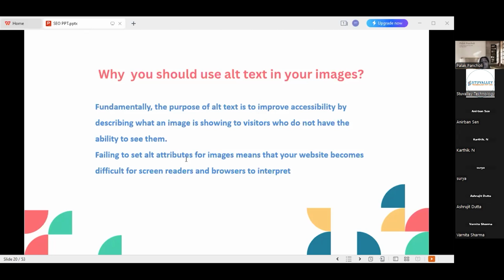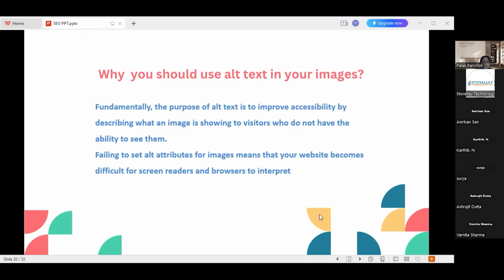Now, while you are writing alternative text for an image, what are the things you should keep in mind? The very first thing is be descriptive but concise. Okay, for example, when you are writing alternative text, you have to clearly describe the image in a brief manner.